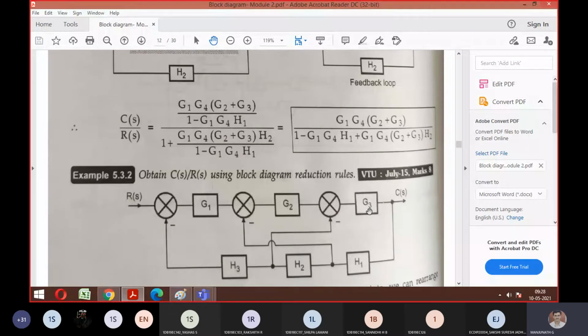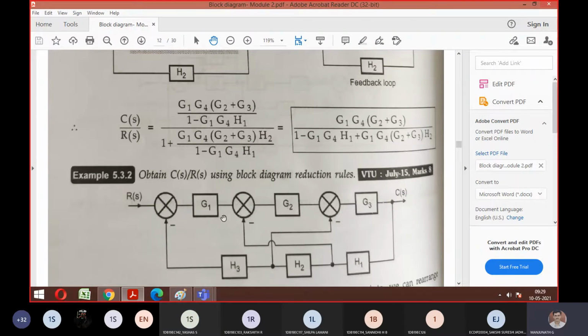Now the complexity level will keep increasing. Till now we have solved different problems. I think in the last class I taught you how to do summing point shifting and rearranging also. So today we will deal with the next level of problem. Look at the question carefully and tell me, can you solve the things directly like how we did in the previous problem? No, sir. You can see everywhere there are blocks.